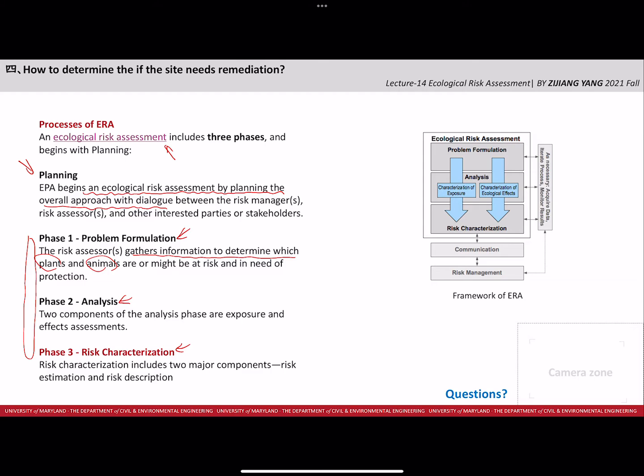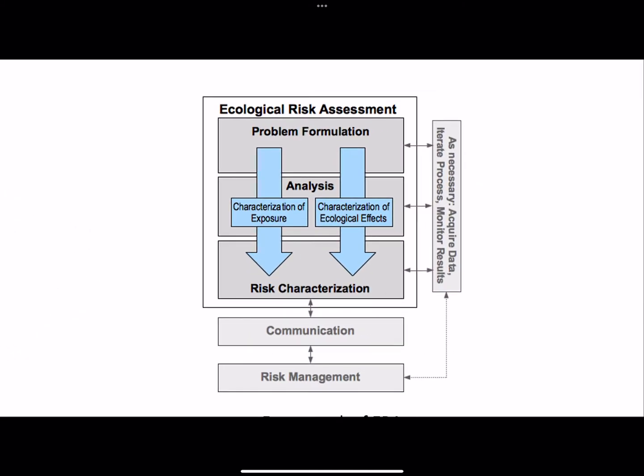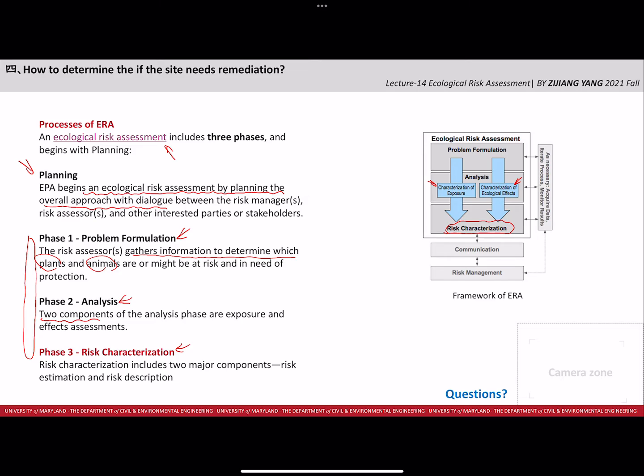And during analysis, we usually have 2 components. We can see it here. So in the analysis phase, we have the characterization of exposure, where we want to estimate how much of the pollutant is in the environment. And we also have the characterization of the ecological effect, like what's the response of the animal or the plant to that chemical. And then we can combine the information together to characterize the risk. And so for the risk,